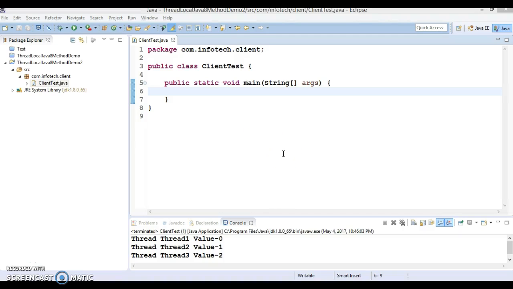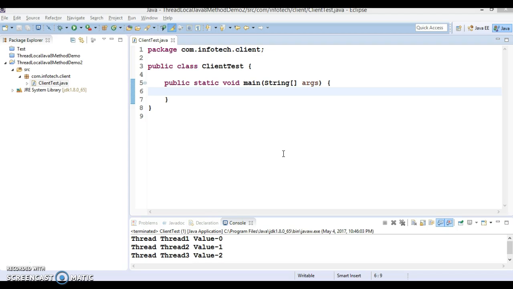In previous video tutorial we have seen one of the use cases of thread local class. In this video tutorial we are going to look at another use case of thread local class. Here we are taking the use case where thread local is useful when we want to have a thread safe instance and we don't want to use synchronization as the performance cost with synchronization is more. One such use case is when simple date format is used. Since simple date format is not thread safe, we have to provide a mechanism to make it thread safe.